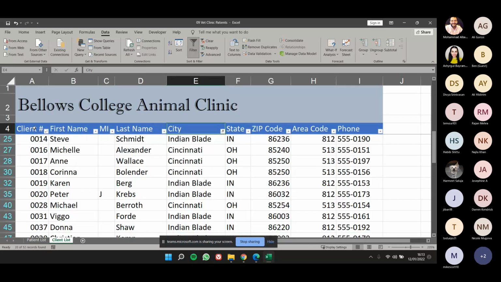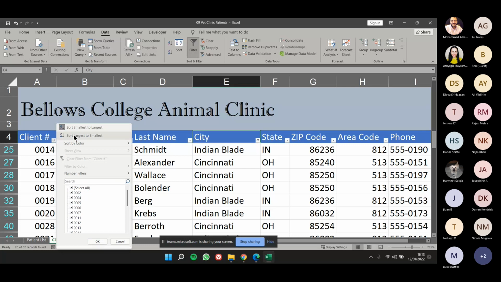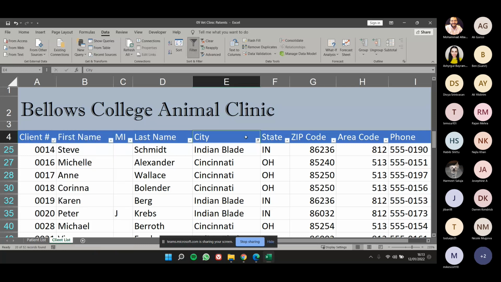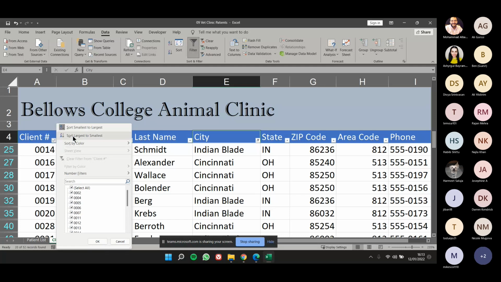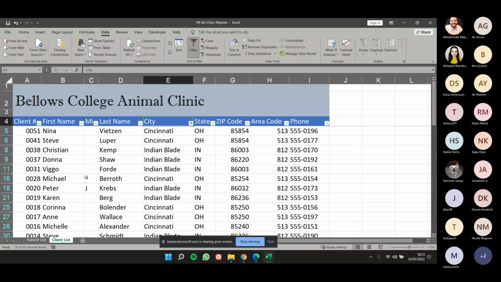And if you pay attention, hopefully you can see it where we applied the smallest to largest client filter. Smallest to largest or largest to smallest, instead of a filter icon, you will see a little arrow pointing upwards. Okay, so if we sort from largest to smallest, it will show us an arrow pointing downwards. So that's how you can tell if you're sorting from smallest to largest or you've applied some sort of filter here. So these icons in these boxes will change and indicate to you that here you've actually applied